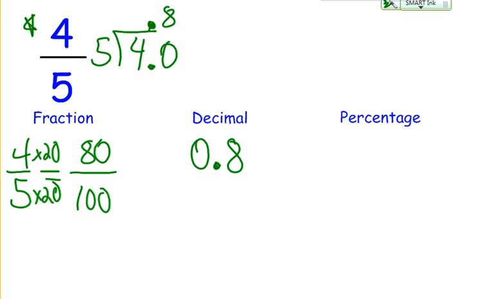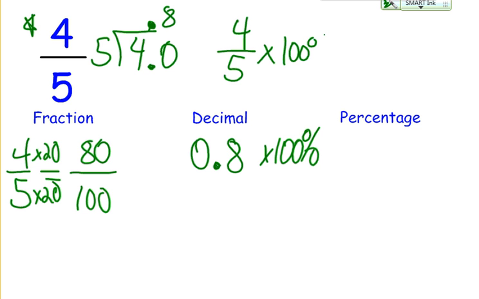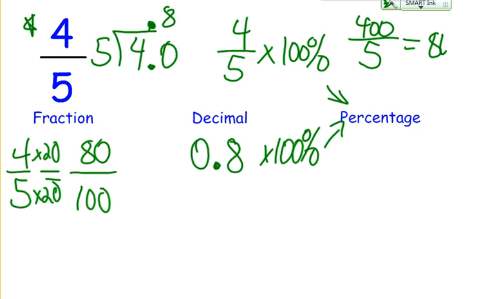And from here, once we have our decimal, we also learned the trick that if we just multiply by 100, that will get us our percentage. So we multiply by 100%, and we can either do this number here, or we could go back to the fraction and say 4/5 times 100%. Both of those are going to get us to our percentage. Now, this way, 4 times 100 is going to give us 400 over 5, and 400 divided by 5 is going to give us